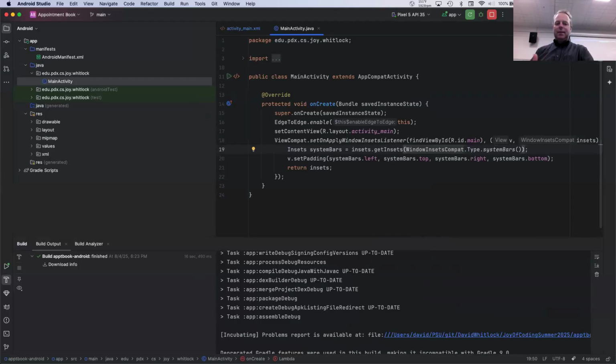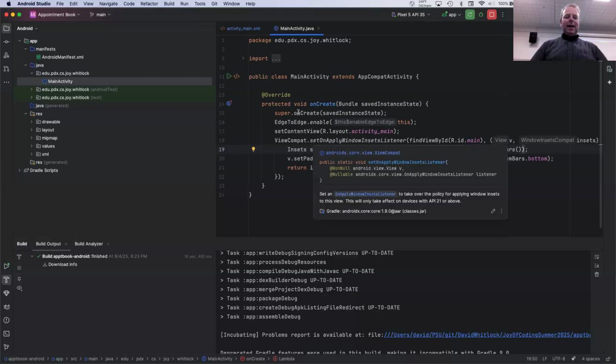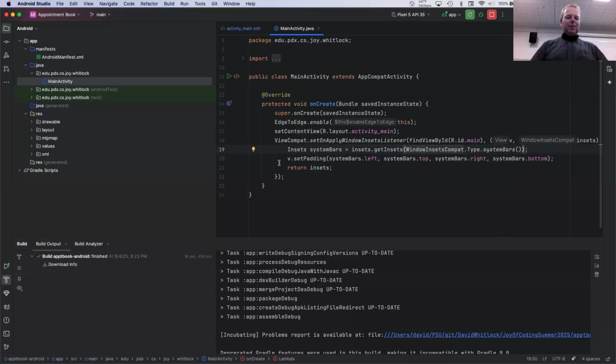So this is the code that is run right now. It just does a little bit of initialization, but what we'll see is as we make more interesting widgets in the user interface, we'll be implementing code here in this class that actually does the work of the application. So work is done in Java, but then there's the whole question of the layout and how we want things to look. And so those are done in